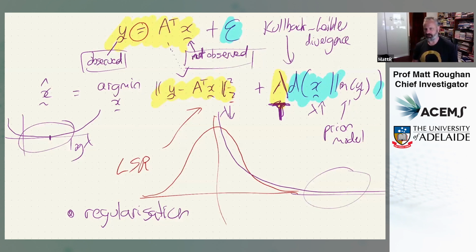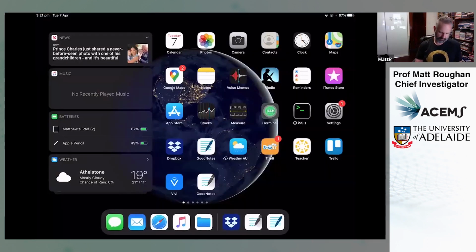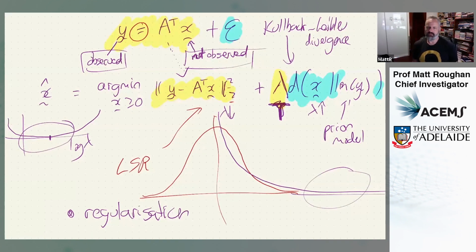How you actually solve this optimization problem varies. And one of the other tricks to pull in here is that if you put the straightforward Kullback-Leibler divergence in here, it's a convex optimization problem. We have lots of techniques for solving convex optimization problems, but there's also some constraints here. I really should point out that x has to be greater than or equal to 0. So we end up with a constrained convex optimization problem that could be quite painful at the scale that we want to solve. I know there are lots of good techniques for solving them, but this is a really big problem.